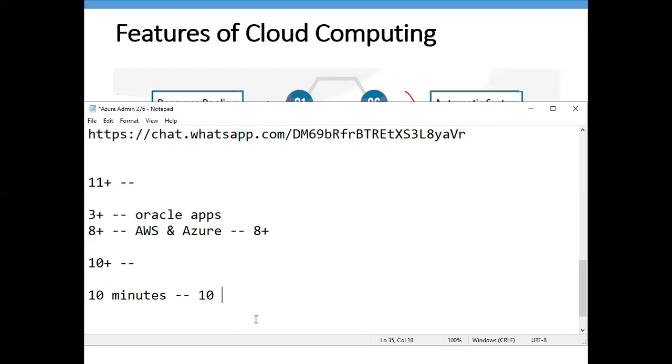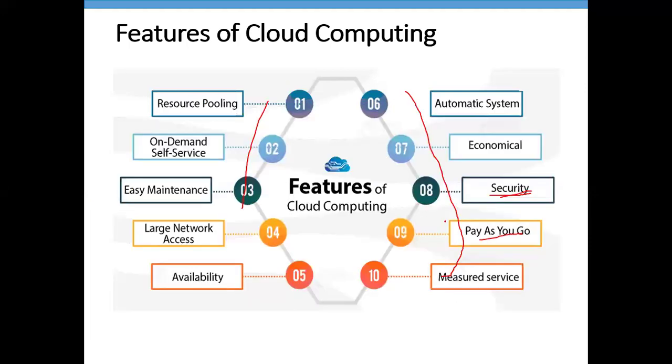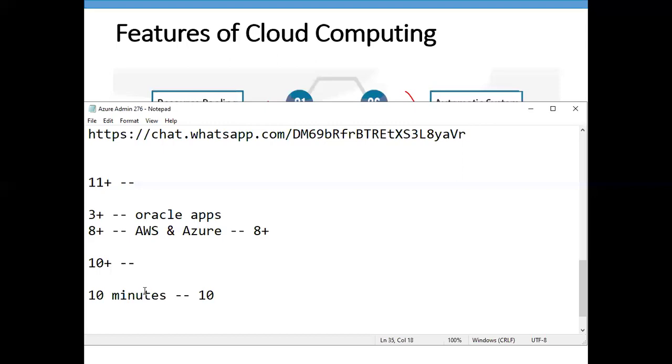But you don't need to worry about that. For your practice purpose, you will get a free tier from their side. That free quota you will get. So if you are using that free quota, then you will not get any bill from their side. But this is a good thing for clients that Azure is charging on a minute basis.